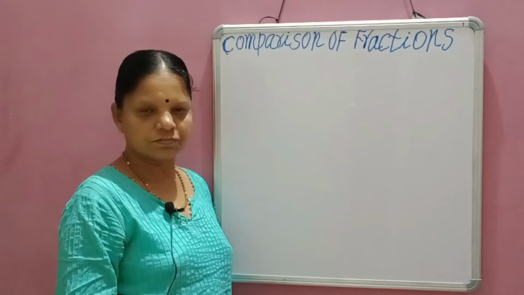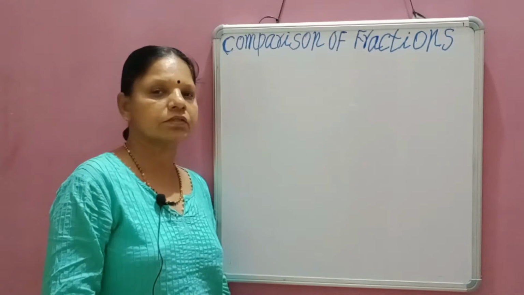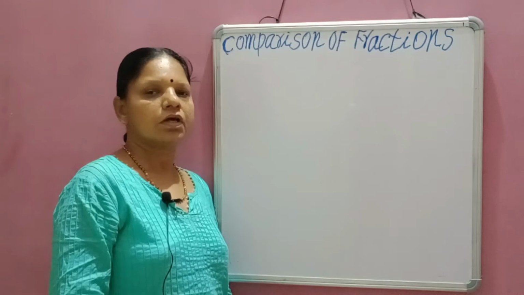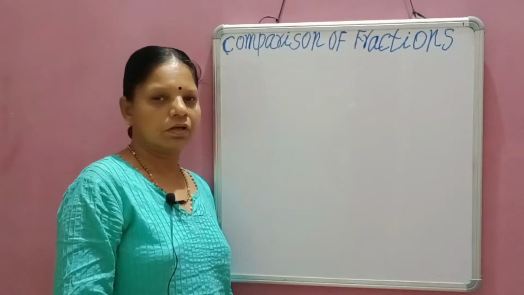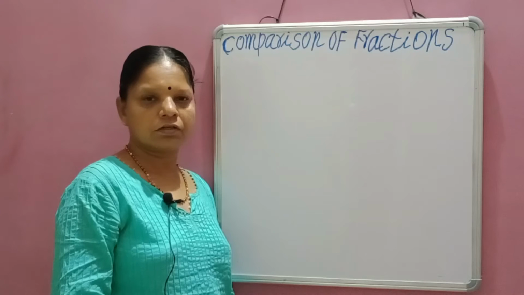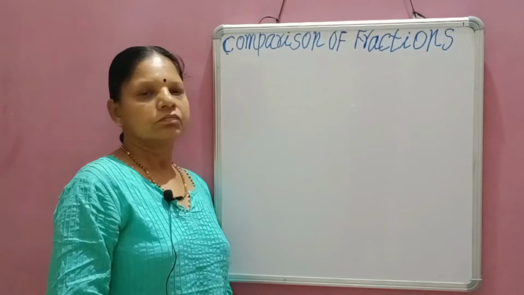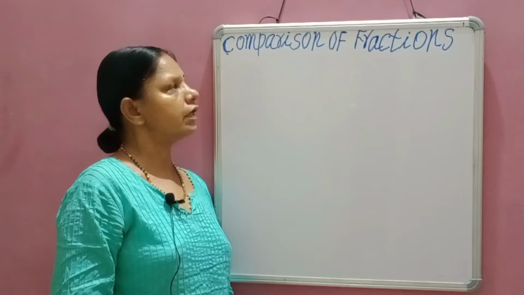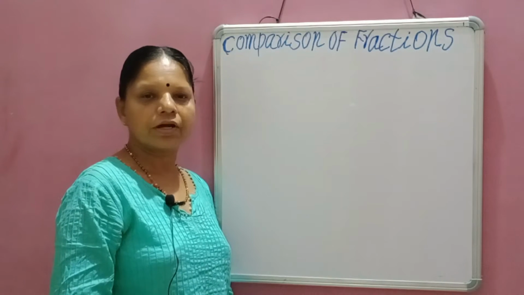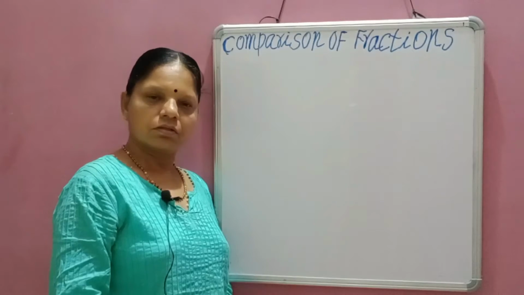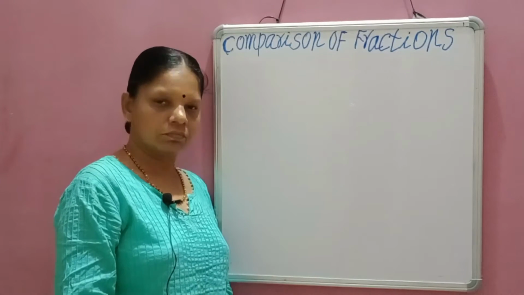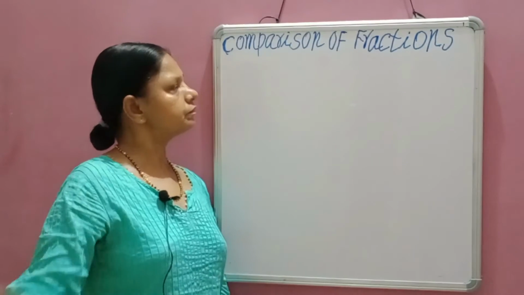You know, a fraction contains numerator and denominator, and its meaning is numerator divided by denominator. So, what type of fractions are we taking for comparison now? Fractions with same denominators. Examples: